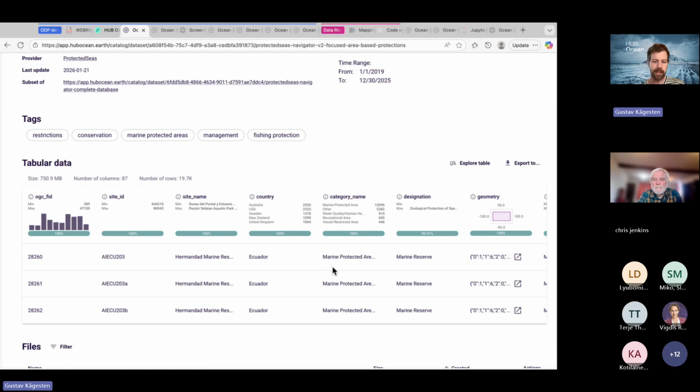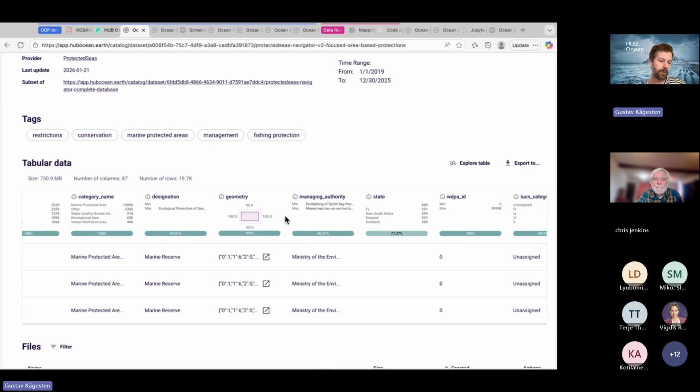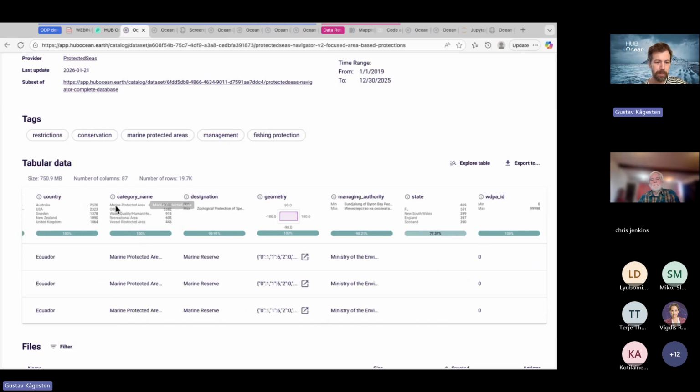So when you have a data set like this, this one is actually 20,000 rows, 87 columns. It's quite a lot. We do some pre-baked statistics so you can start having an idea of what's there for each column. Here, for example, there are 12,000 marine protected area polygons.